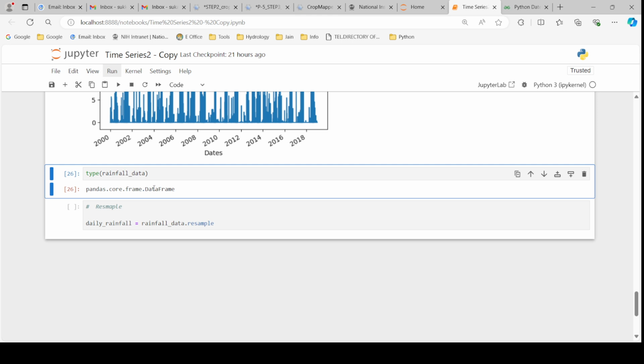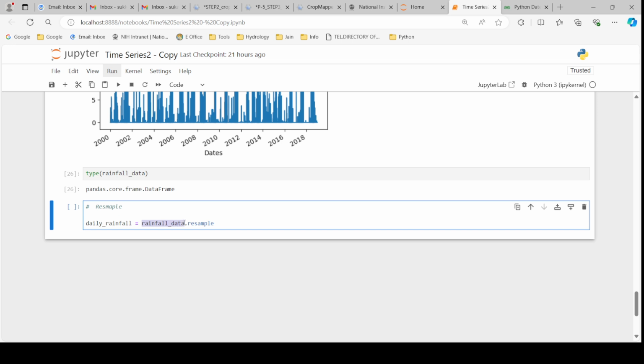we know that this is a pandas core data frame. So all the attributes, methods, and functions that are associated with the pandas data frame will become part of rainfall underscore data, because it is stored in such a manner, that means as a pandas data frame. So resample is one of the functions of the pandas data frame. So we are going to use pandas data frame dot resample,